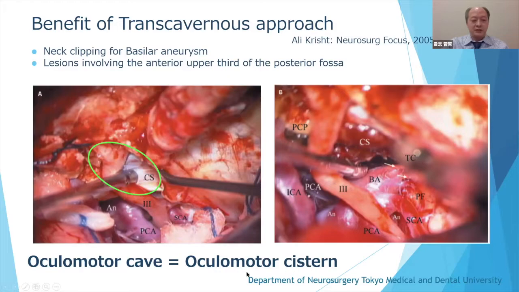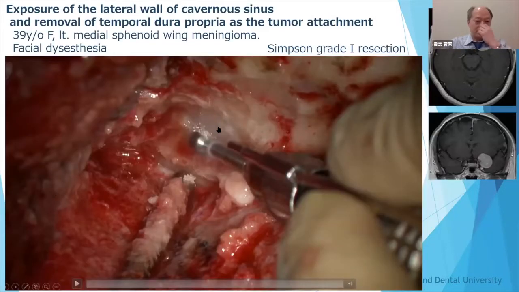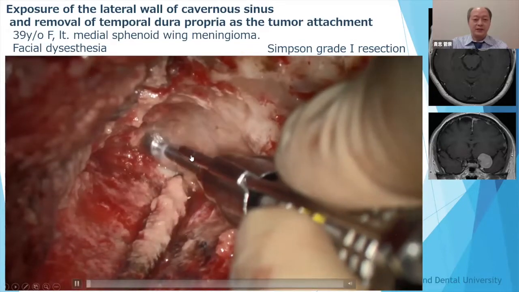Many people call this space the oculomotor cave, and mobilization of the oculomotor nerve is very useful to get to the basilar artery. Let's move to the video. This case was a left small medial sphenoid ridge meningioma, and